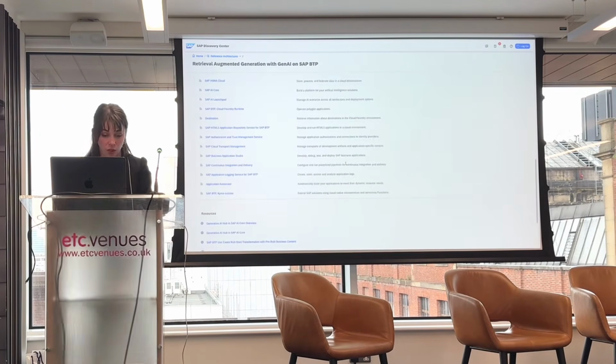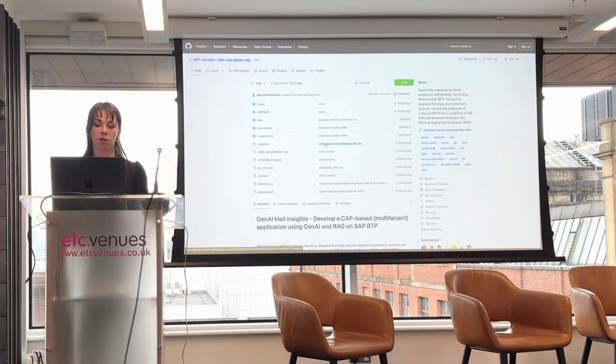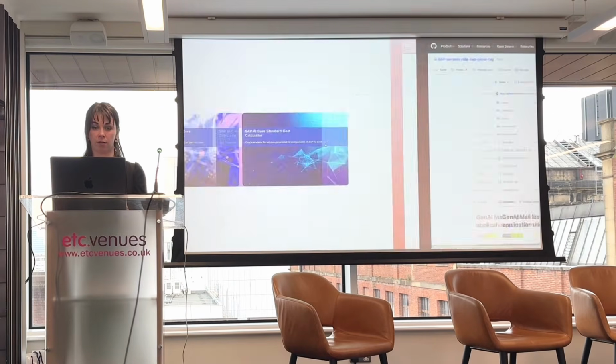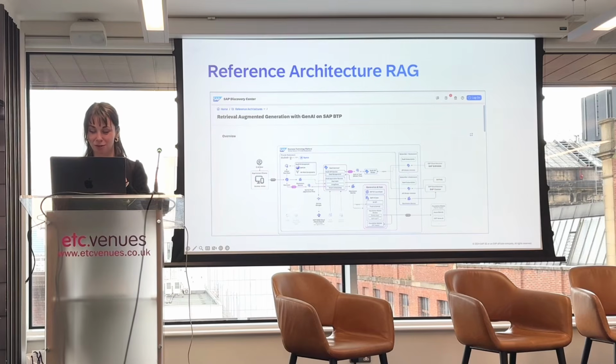And what I really want to also highlight as well, if you are on the developer side, there is also a CAP application genai mail insights. This leads you now to this lovely website, which is a GitHub. So we built here an application that you actually can use as a basis point. Already out there. I know I see a lot of people nodding, so that's why I really wanted to show this. So to wrap this up